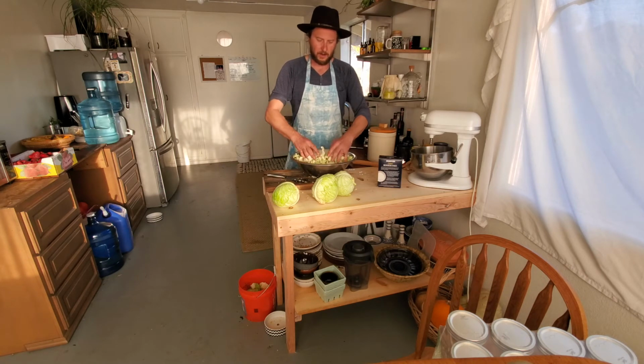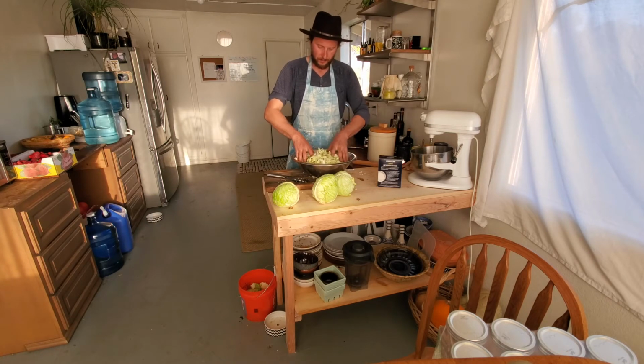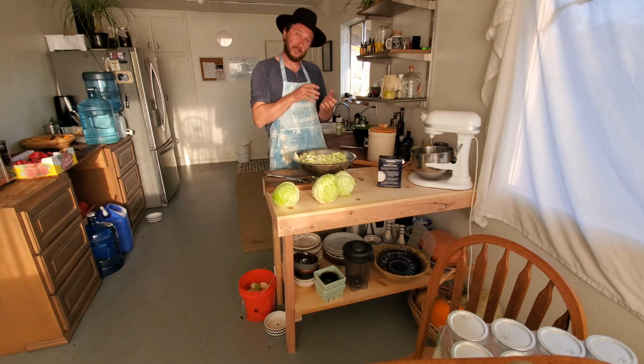You gotta be very careful. Cabbage can get under your nails, and it can actually really hurt you. So you want to be kind of gentle when you're mixing this. Some people, and I've done it before, just suffer through it. You can be a little bit harder, but there is a technique. So try not to just stick your nails in there, because again, it could get stuck under your nails